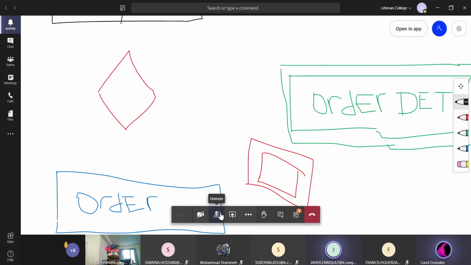Because it's a weak table, it has to have a weak relationship. A weak entity is an entity that cannot exist without its parent, and it does not have its own primary keys. Which means if it doesn't have a primary key and only has the order table's primary key as a foreign key, so the order details cannot exist without the order, it has no primary key, only foreign keys,